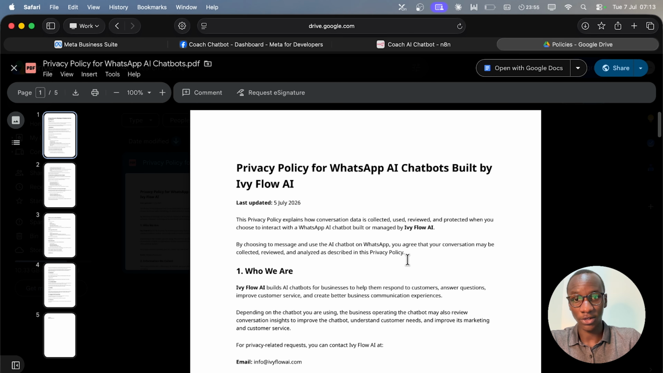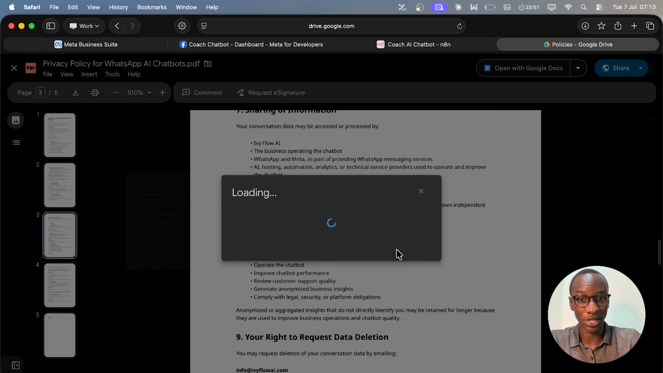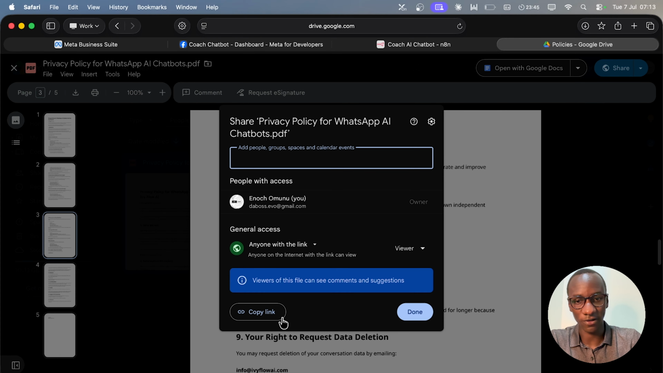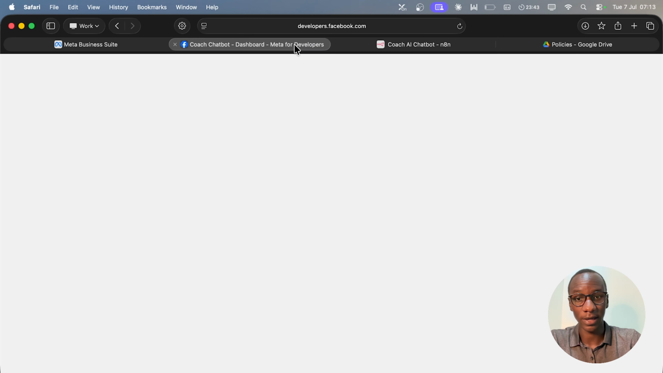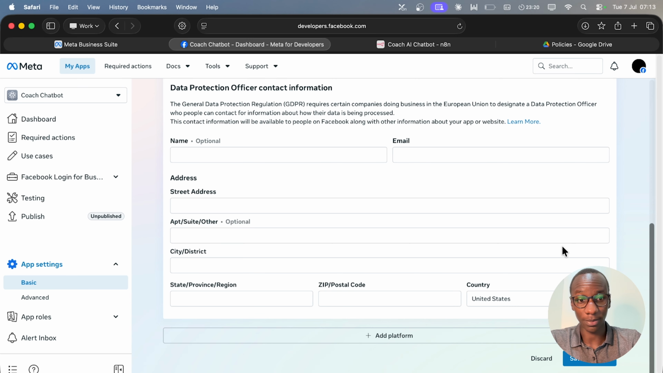You can see I drafted mine already over here, and I put it in Google Drive with a share link that is available to anyone. Anyone with a link can essentially view it, and then you want to copy that link and come over here and paste that as your privacy policy URL. You need to have this before you can publish your app. Once you have that, scroll to the bottom of still the basic section and then select save